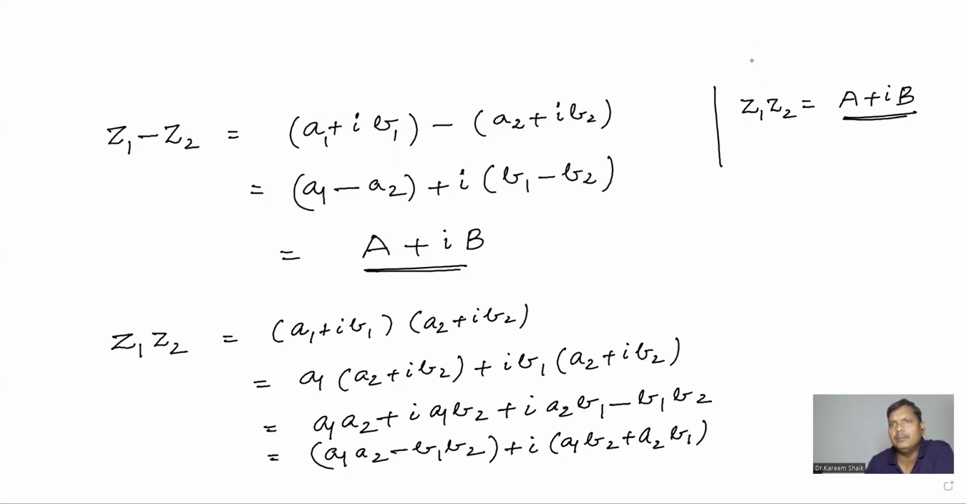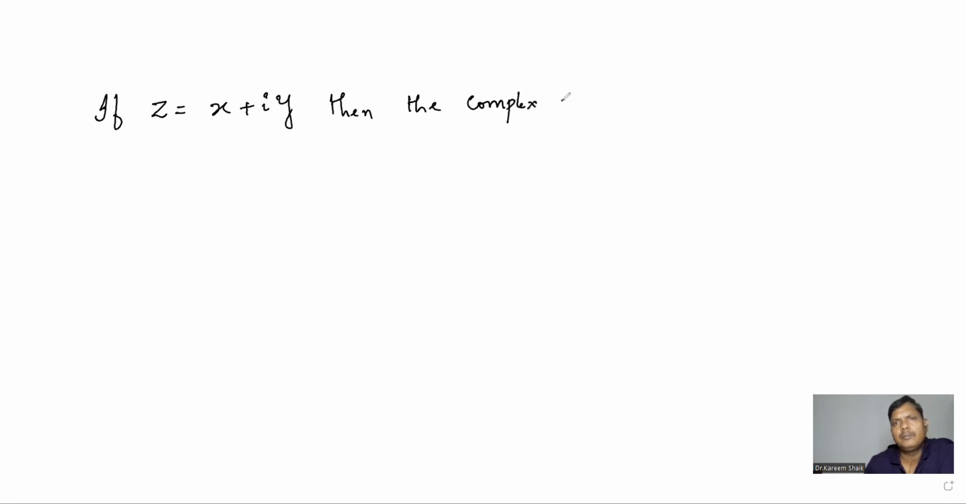I hope it's clear. Now we want to do division of two complex numbers. Before going to division, I wish to give a small concept on the conjugate of a complex number. If z equals x plus iota y, or you can take a plus iota b, then the complex number a minus iota b, or I am taking here x and y, so I will write better, x minus iota y, is called